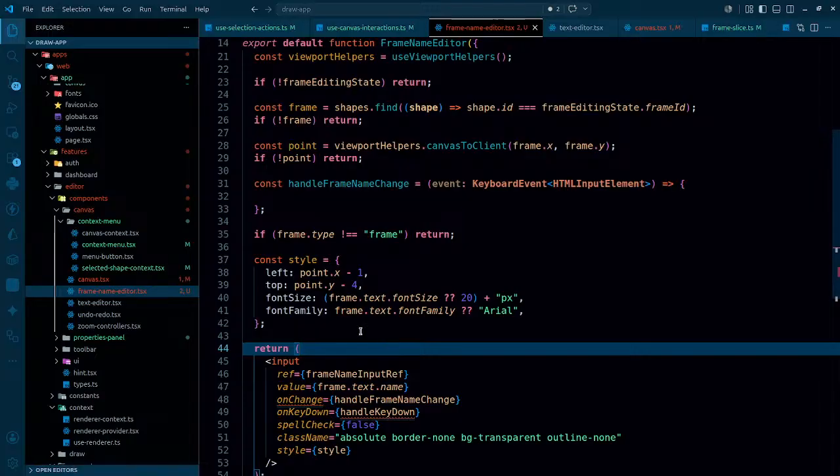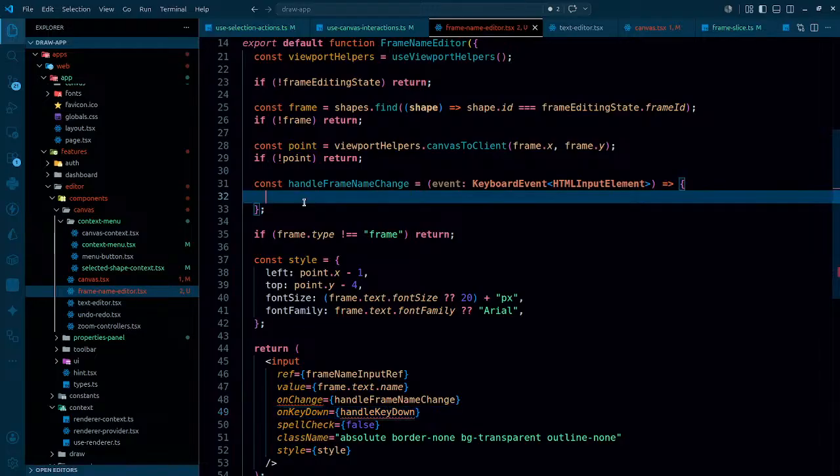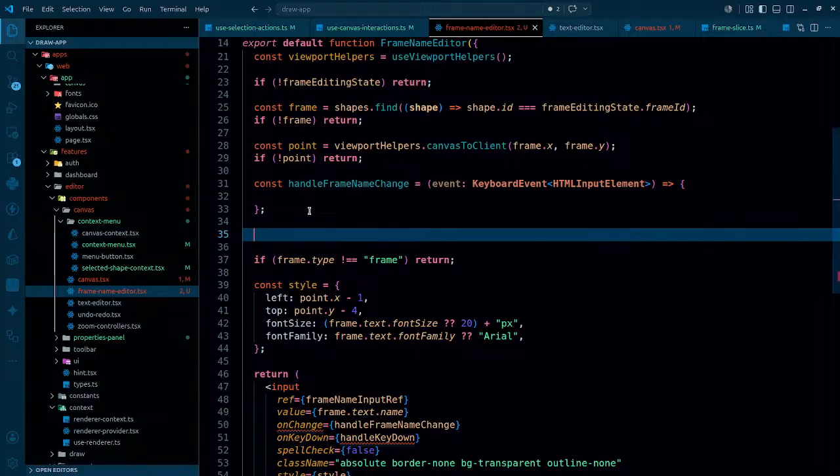That makes sense. So we haven't really created any hook for that, so let's just handle it manually over here. Const